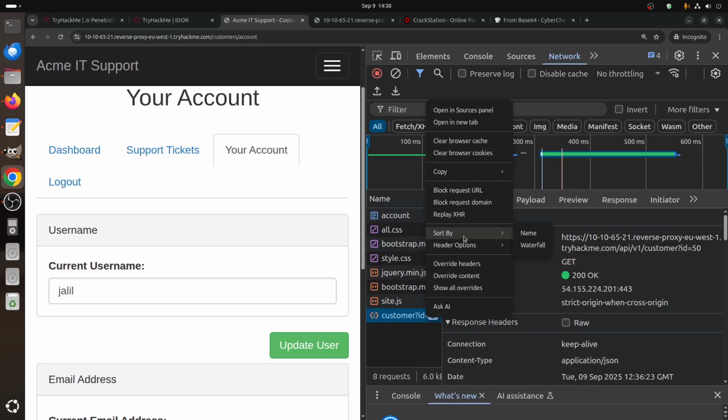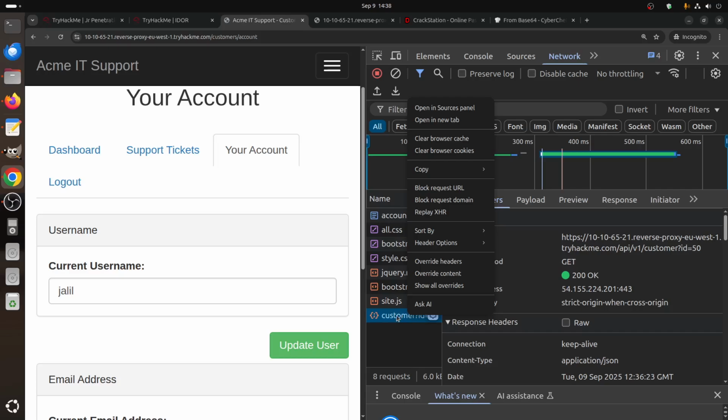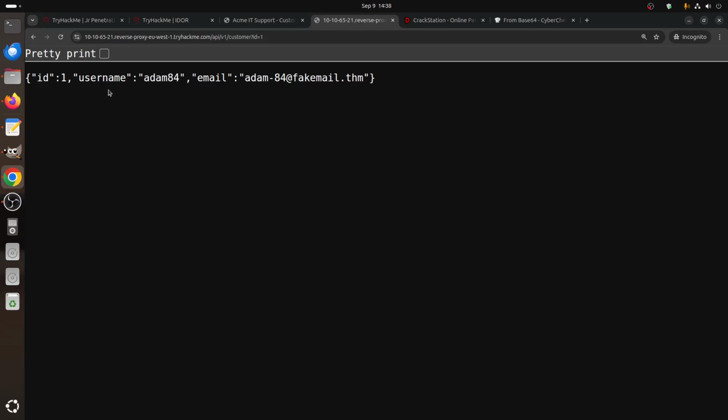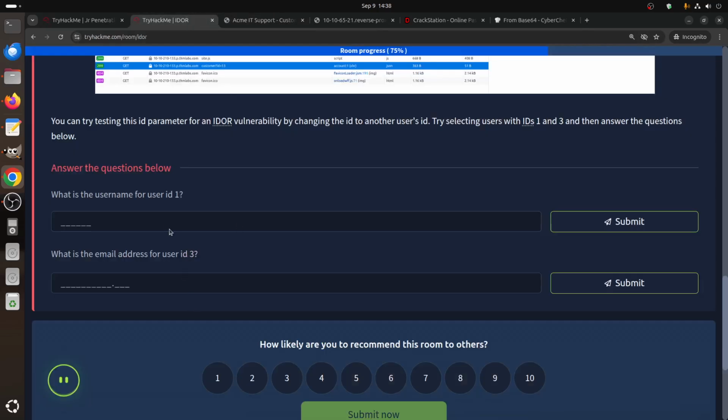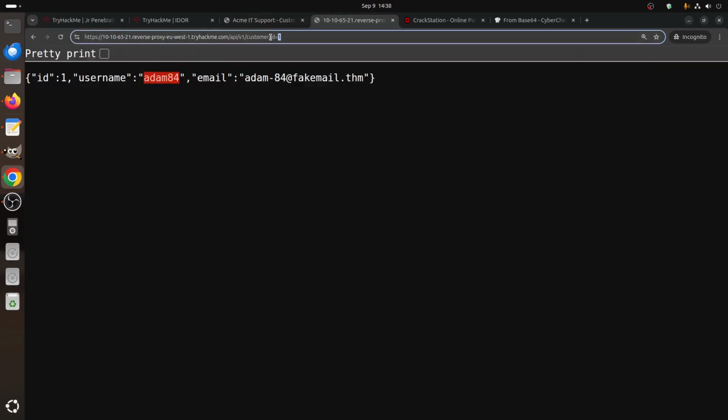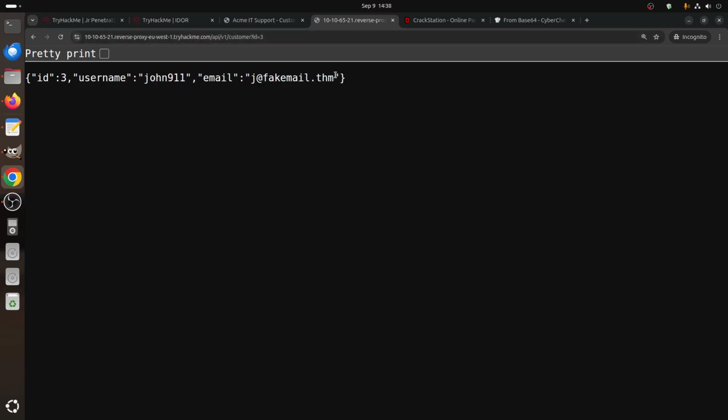I don't usually use Chrome. I just use it today for Firefox has that. You can't. Okay, we can just play with it here. So we have a username for one, and then email for IDOR 3. Of course, now if I go to IDOR 3 and I get one,